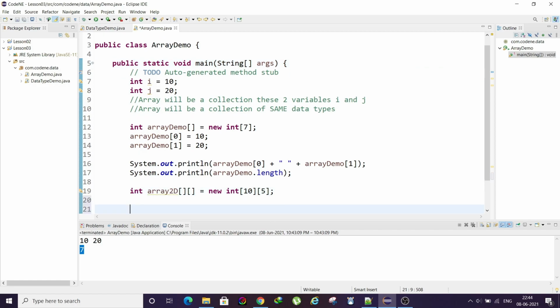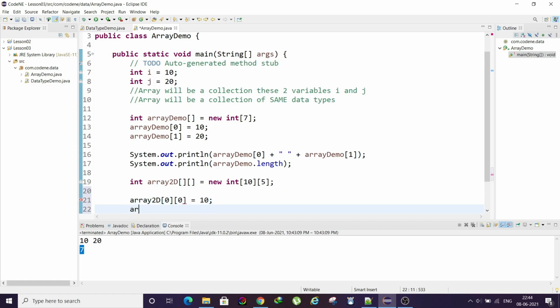Okay, so here how can we assign the value? We can assign it like this. Okay, 0 index, that means 0th row, and 0th column, that means the element at 0 comma 0, you can assign like 10 for example.